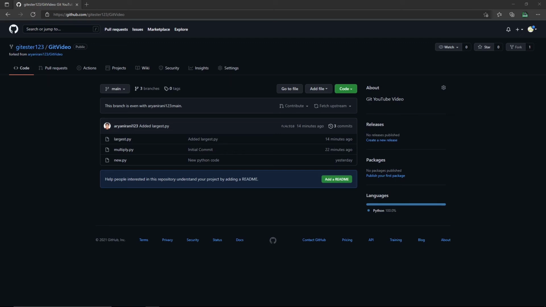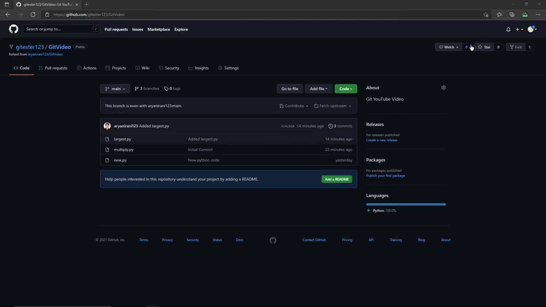Now that we have talked about forking a repository, it's time to talk about cloning a repository on your desktop and start writing and pushing code to it. So what is git clone? The git clone command is a git command line utility which is used to target an existing repository and create a clone of it, or copy the repository onto your computer. We're going to be using the git clone command to clone the repository on our desktop.